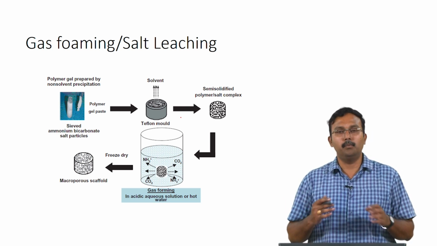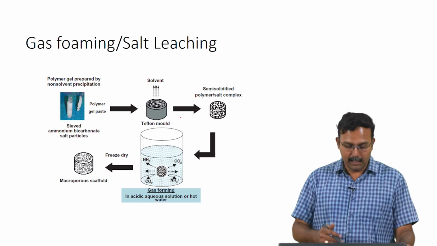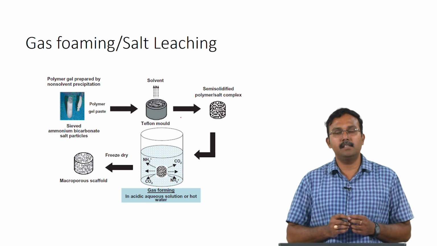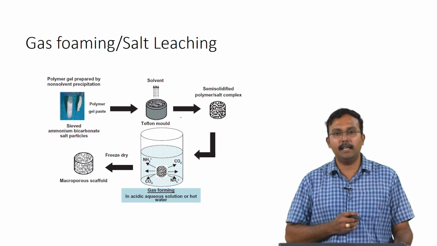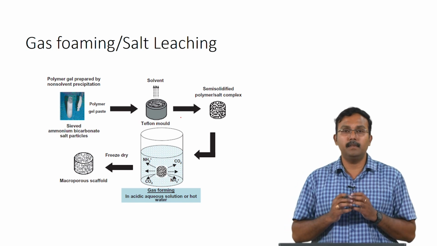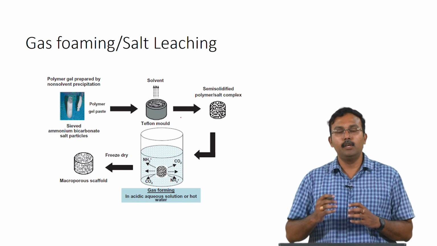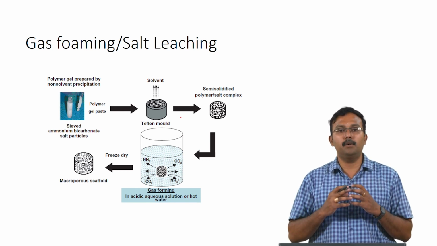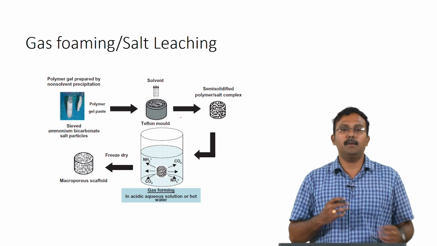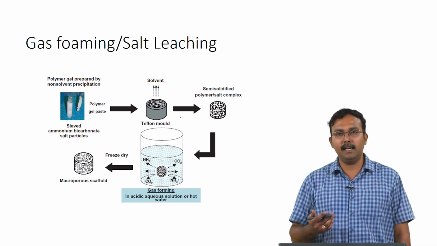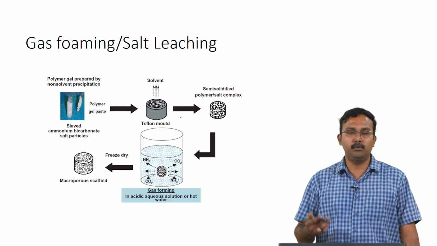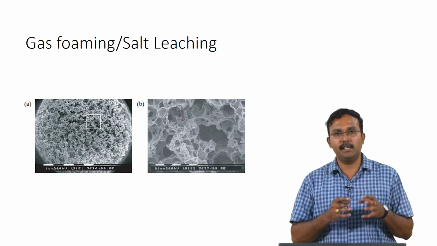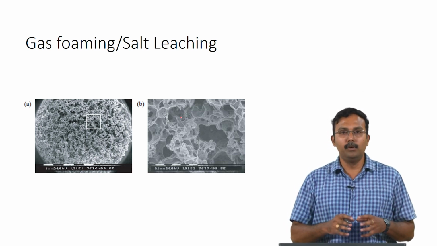What happens when you do this is the ammonia and carbon dioxide get generated and start effervescing, getting released into the water. So, from the salt polymer blend you now have the gas leaving, and so this leaves a porous scaffold. So, you end up with a macroporous scaffold which can then be freeze dried to actually be stored for further use. So, the scaffold which you have prepared using gas forming and salt leaching method would look something like this.